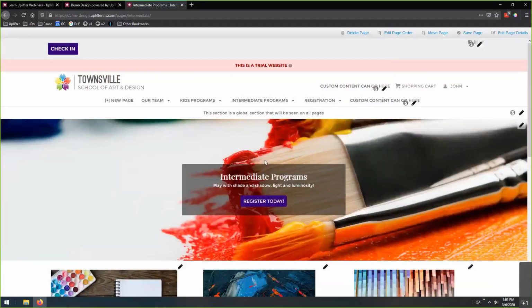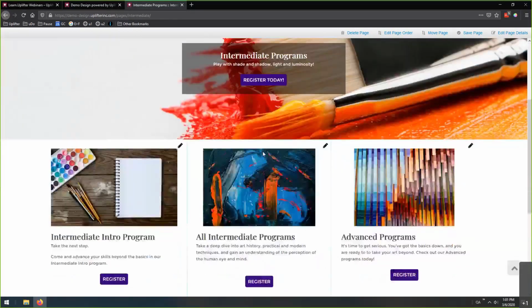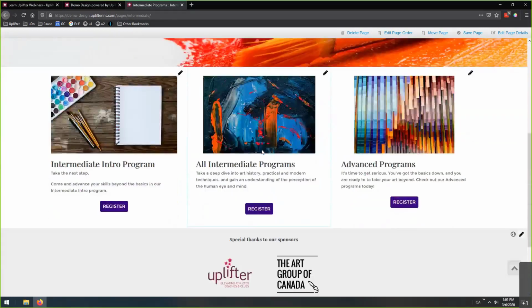Now my admin John here, he's been hard at work. He's created the page already, but what we need to do is create the register page. When I click on this button, nothing is happening. So what we need to do is make a page and link this button to that page, and that's our goal today. So what we